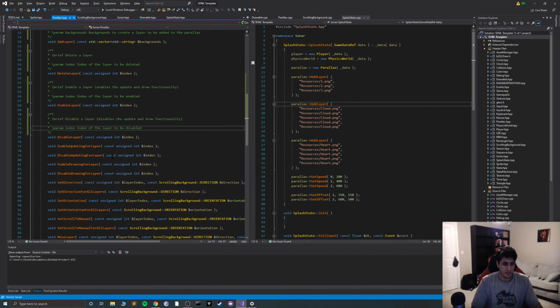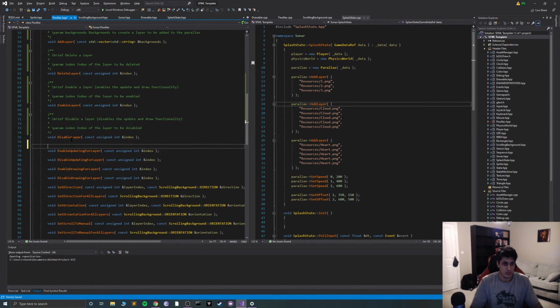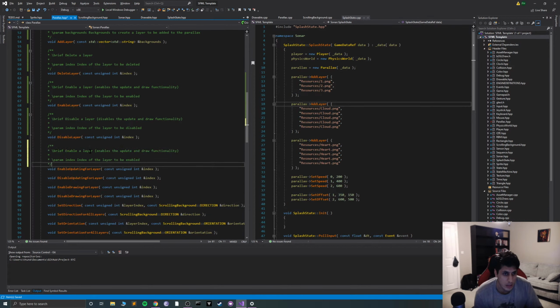Slowly getting there. Enable a layer's updating.